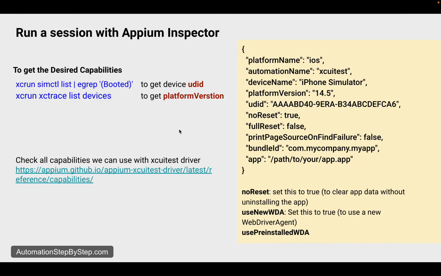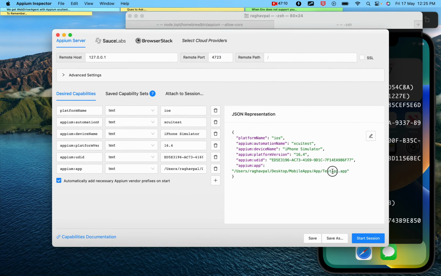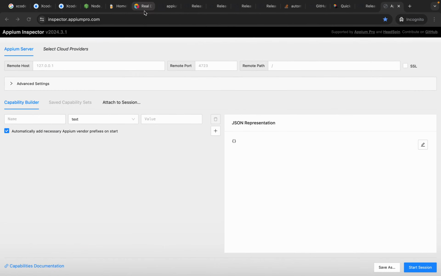Okay, and then you can also see this XCUITest driver link to see all the different capabilities you can give. So these are the different capabilities. We can also give the bundle ID or app path. So for the app path, I have already given my test app.app path. Okay, so if I go to this